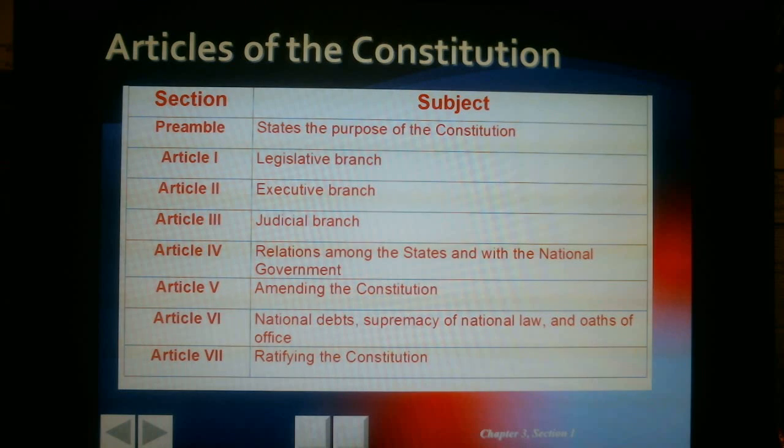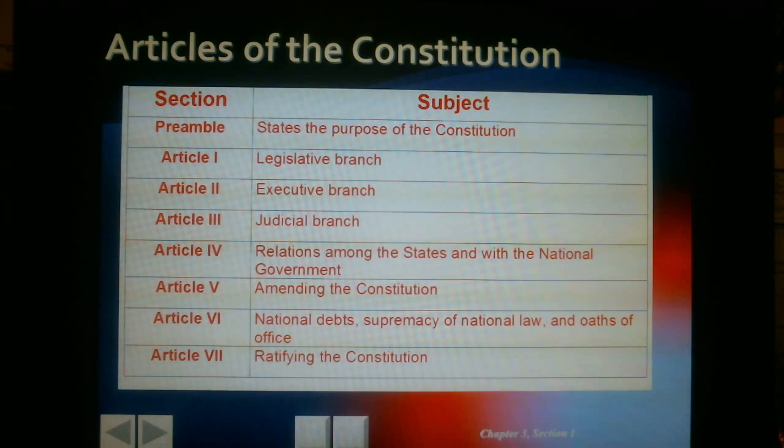And then Article 6 was dealing with supremacy of law and the fact that there is nothing greater than the Constitution. Once the Constitution has a ruling on it from the Supreme Court, whose job it is to interpret the Constitution, then that's it. It doesn't go any further. It doesn't go any higher up. The last thing then, that's what we're going to talk about here first, was how did the Constitution finally get